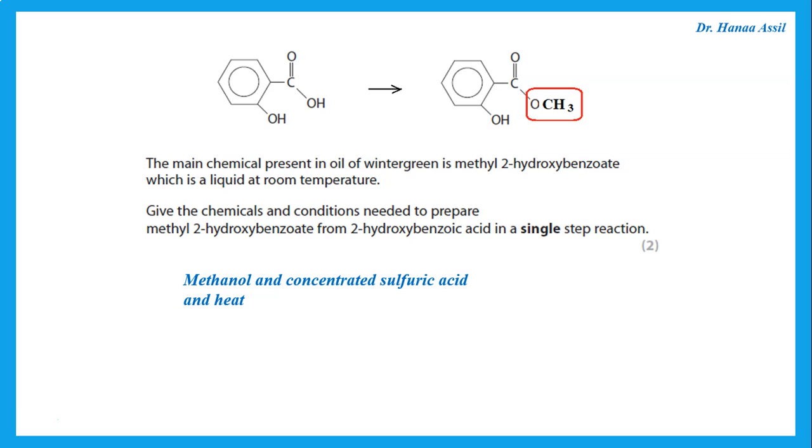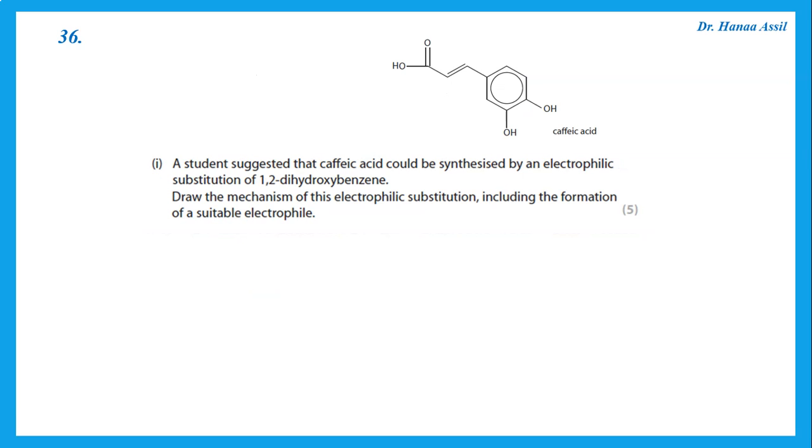So I need methanol in presence of concentrated sulfuric acid and heat. This is how we do esterification of an acid. Okay. A student suggested that caffeic acid, which is the structure given, could be synthesized by an electrophilic substitution of